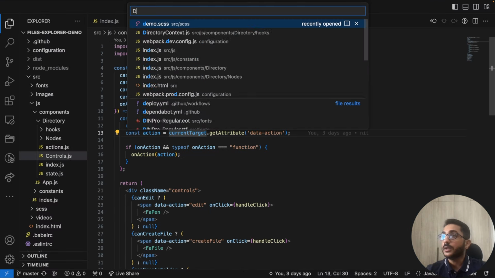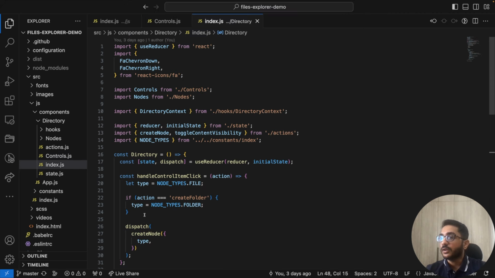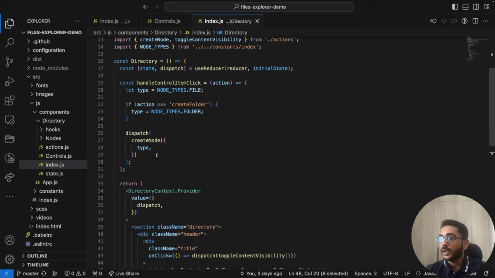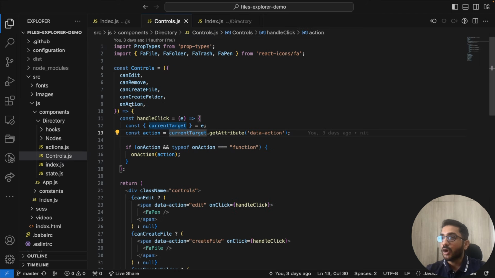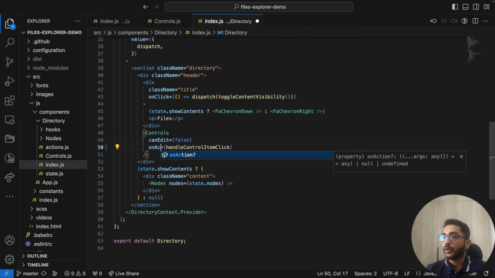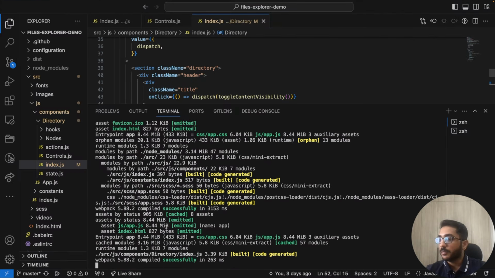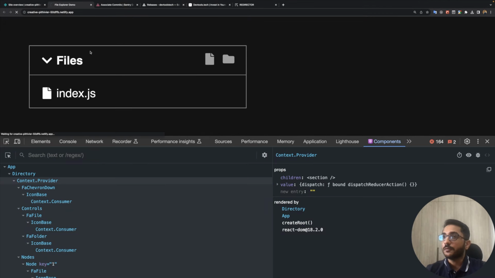So if I open the directory index.js, inside this we have controls, but we are passing on control item click. Ideally, if you see what we are expecting, it is on action. So that's the issue here. If I call on action and save this, then we are building the bundle again. Now if I just refresh this,